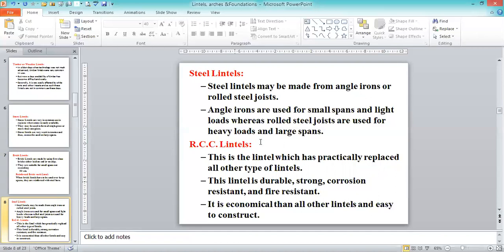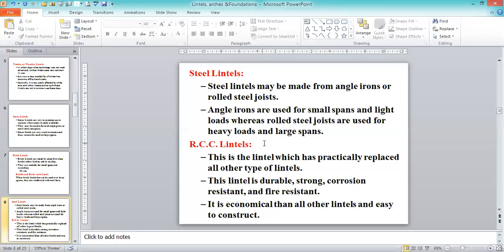So this is almost all we are going for the steel constructions. Instead of going for RCC constructions, reinforced concrete constructions, where we always use stone or brick, or what is called a reinforced brick lintel. But if you are going exclusively for steel structures, or the roof, or industrial buildings with steel material, in those cases we preferably use steel lintels. Instead of reinforced cement concrete, we go for the steel lintels.